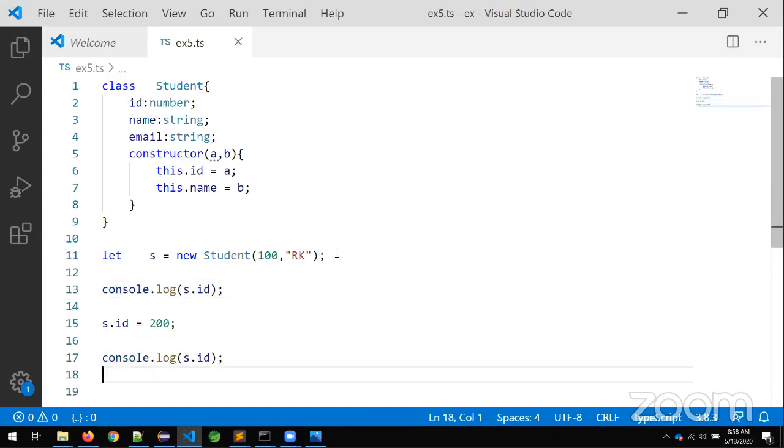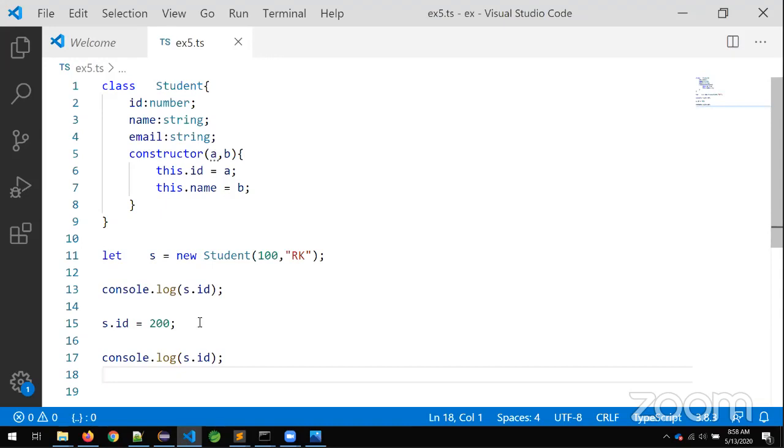Now I am asking the question. On the 13th line, what will id print, sir? 100. On the 17th line, what will id print, sir? 200. Why? Because I don't want to go with the old value. I want to initialize a new value. At the time, you can do like this also.